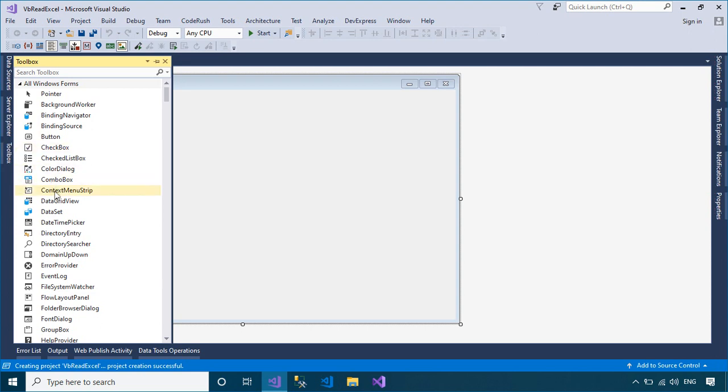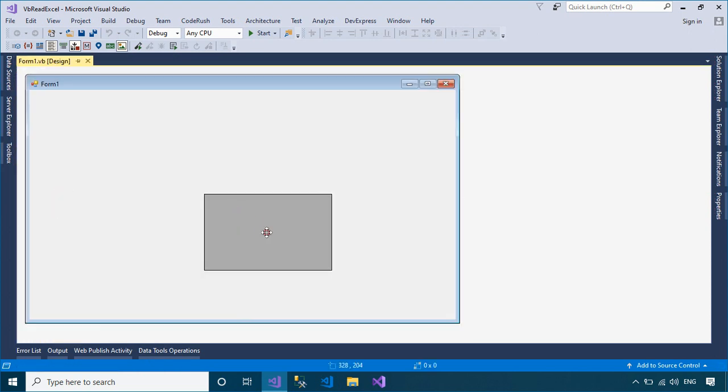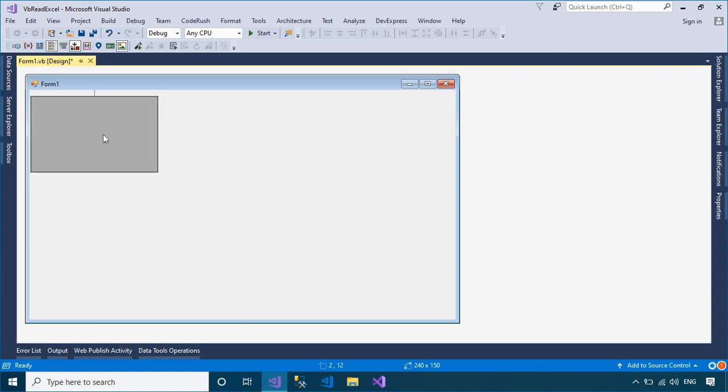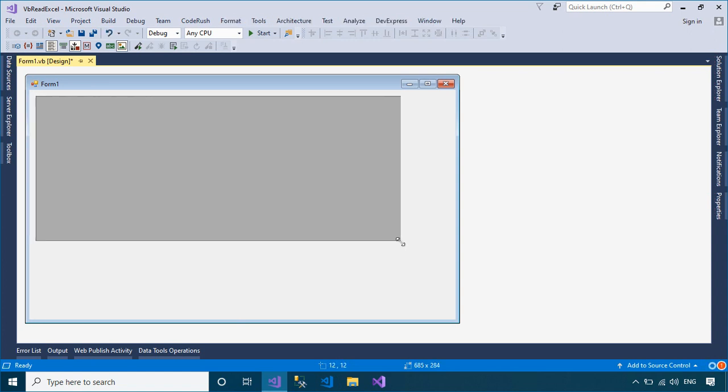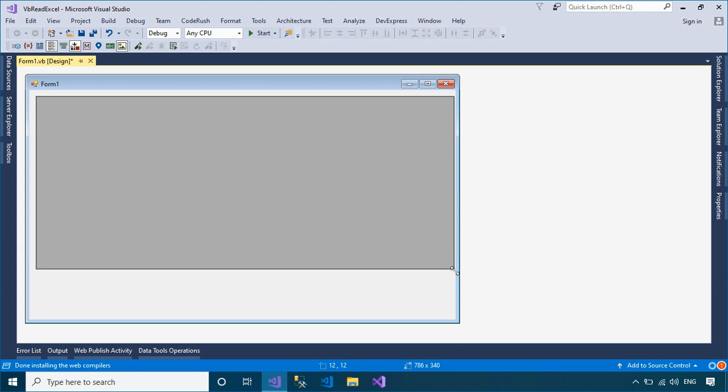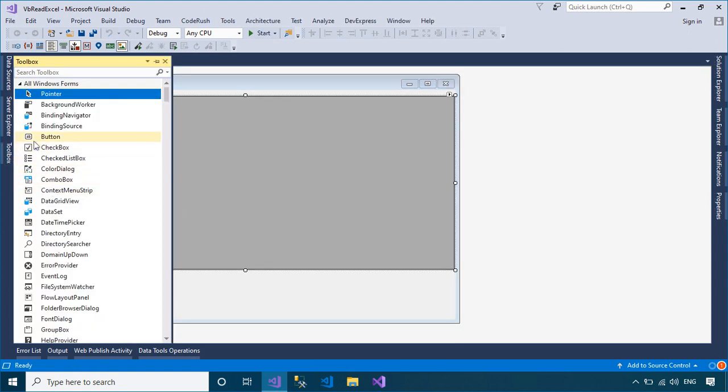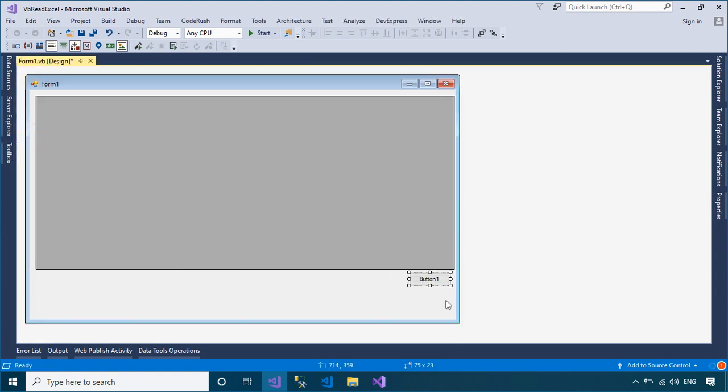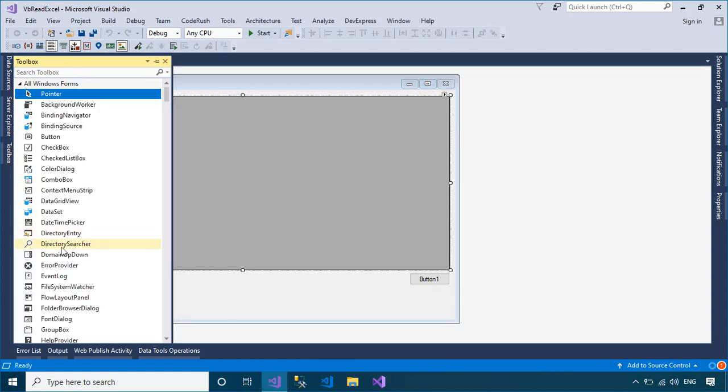Open your form designer, then drag text box, button, label, combo box and data grid view from the Visual Studio toolbox to your WinForm. Next, we will design a simple UI that allows you to select the Excel file, then load data from the Excel file to data grid view based on the sheet name you selected from the combo box control.